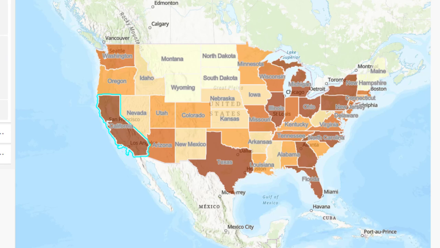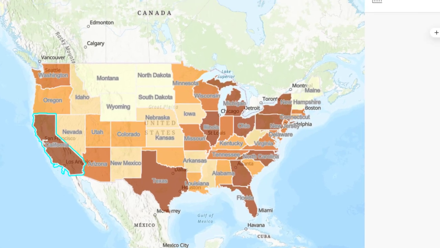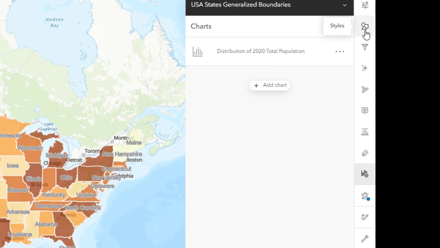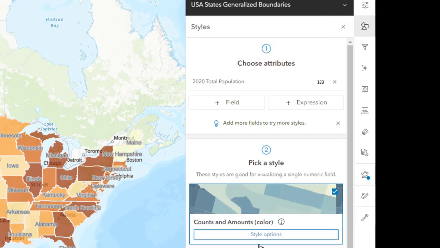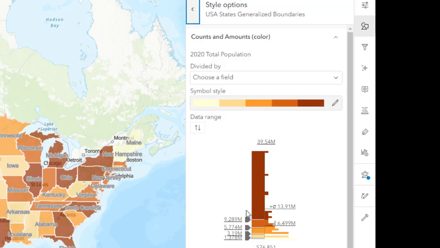So what we want to do is to change the color ramp of this choropleth map so that it reflects the nature of the data more accurately. So click on the Styles button. And all we need to do at this point is to click Style Options. You can change the color ramp if you want